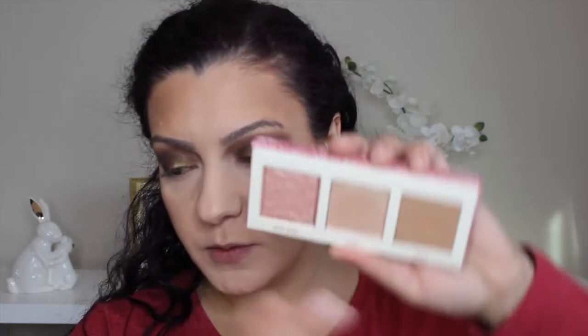Okay, now that my bronzer is on, I'm gonna go ahead and go in with blush. And for blush, I'm gonna use the blush that's in this palette, the Benefit Chic Leaders Mini Bronze Squad. The blush in here is called Gold Rush. This guy is so beautiful. I know it had an overspray, but now the overspray is gone. So just on a blush brush, and I'm gonna